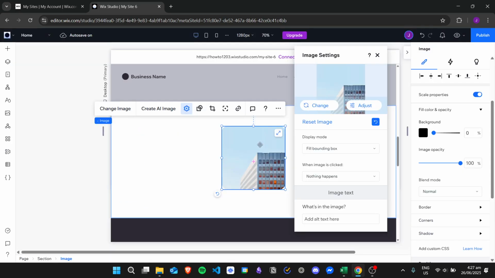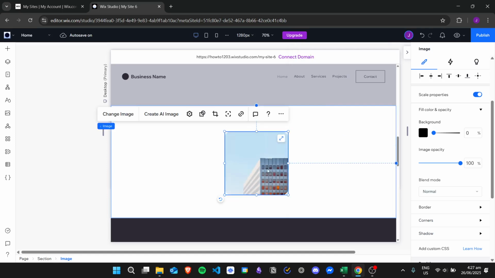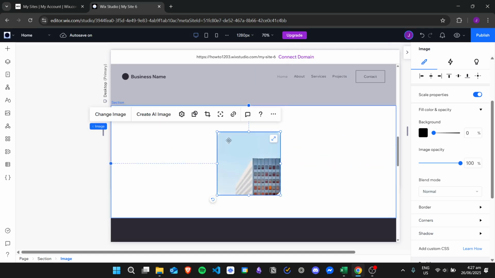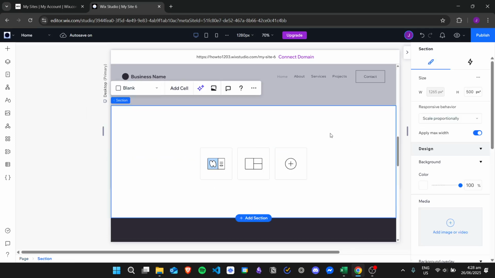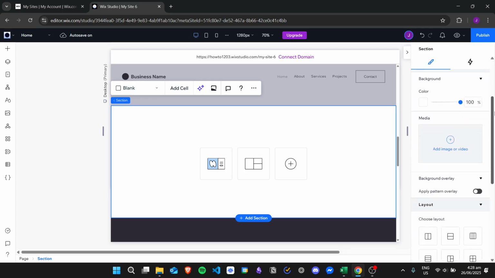So what we can do is make this image the background of our section, and then we will have the option to add the gradient overlay. So I'll just delete this image first, and then click the section where I want to add the image. I want to add the image here in the white section of my website, and then open the inspector tool right here on the side,